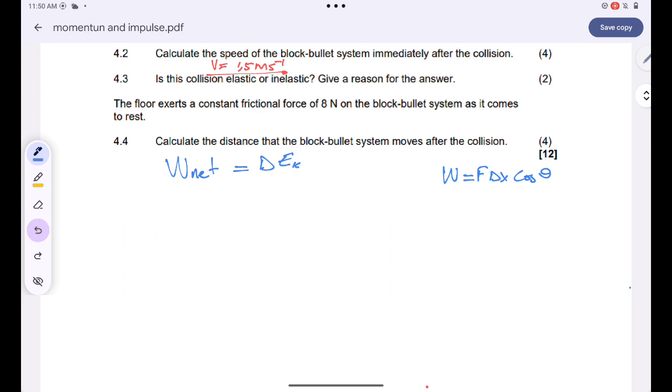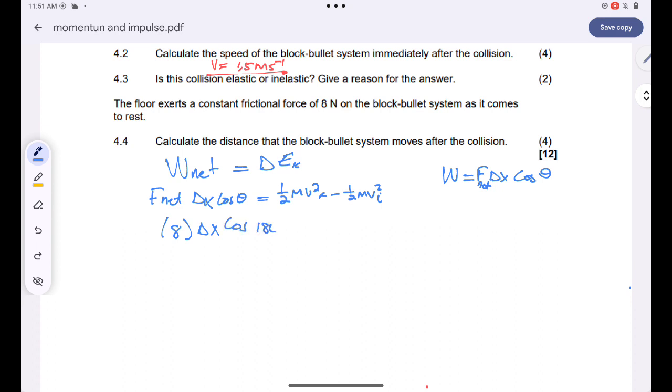So the same applies. I have work net, so I must have net force there. So this is simply equal to F net delta x cos theta. The change in kinetic energy is half m v squared final minus half m v squared initial. The only force present here is the frictional force. Its magnitude is 8 newtons. And then we want to find the distance traveled by the bullet block system,